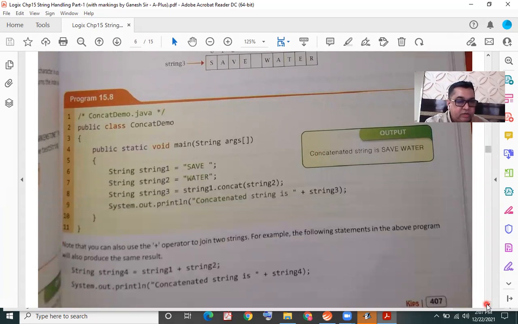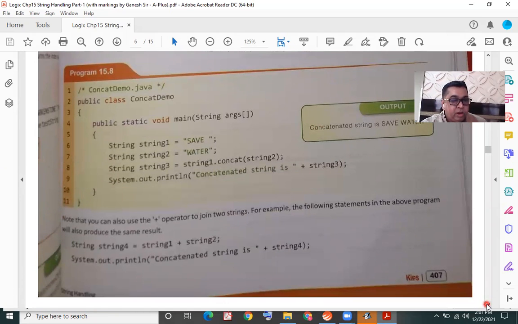Okay, this is the reason to discuss this example. And look at the example below. String 1 plus string 2 are being concatenated using the plus concatenation operator and being assigned to string 4. So a new string is being defined as string 4, which will have string 1 and string 2 together, and then it is being displayed.